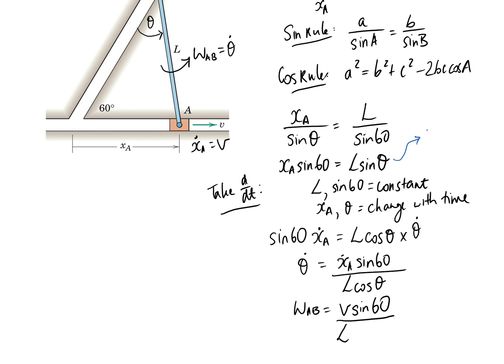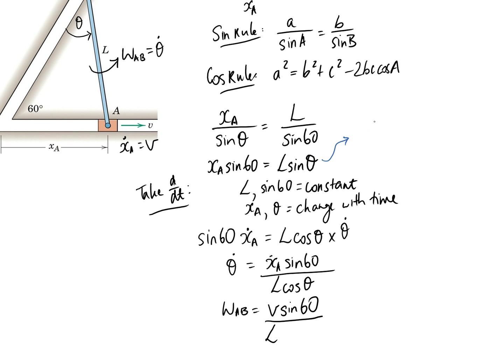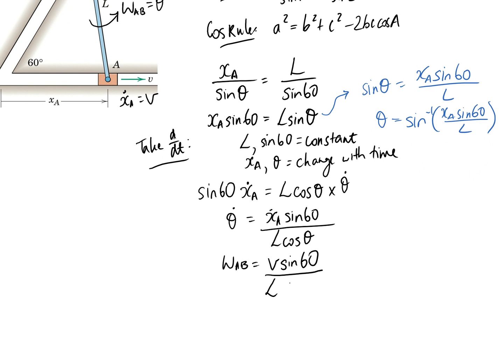So sine theta would be equal to XA sine 60 on L. So theta on its own would just be the sine inverse of all that. This is just using XA and L, which were variables we were allowed to use. So it's just a matter of popping this in here for theta. So it's going to be cos of sine inverse